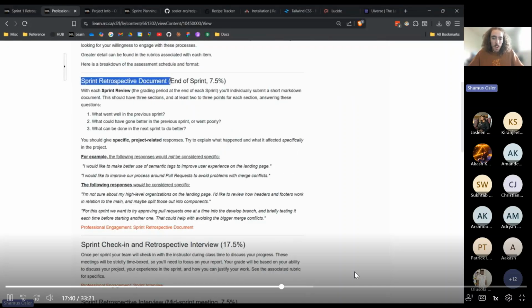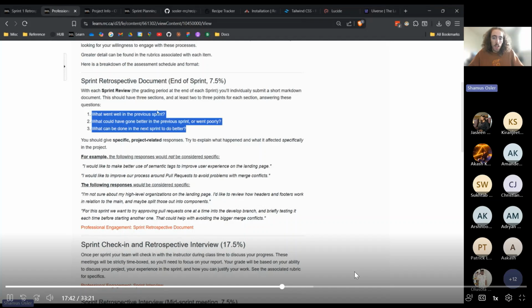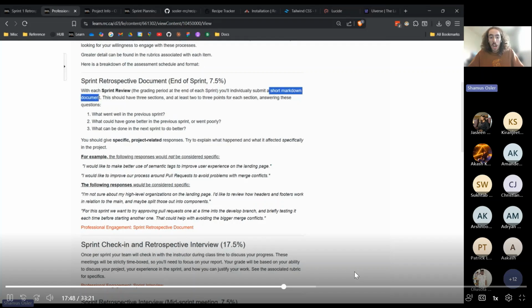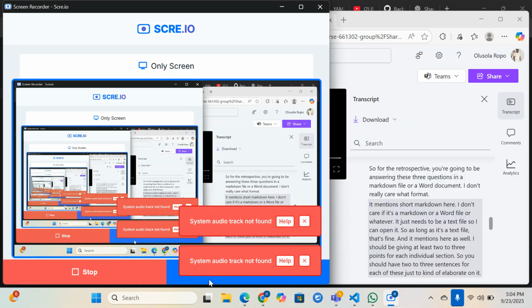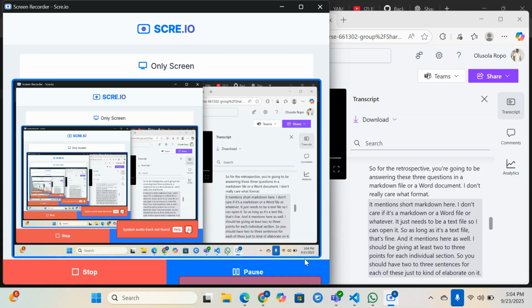So for the retrospective, you're going to be answering these 3 questions in a Markdown file or a Word document. I don't really care what format. It mentions short Markdown here. I don't care if it's a Markdown or a Word file or whatever. It just needs to be a text file so I can open it. So as long as it's a text file, that's fine. And it mentions here as well, you should be giving at least 2 to 3 points for each individual section. So you should have 2 to 3 sentences